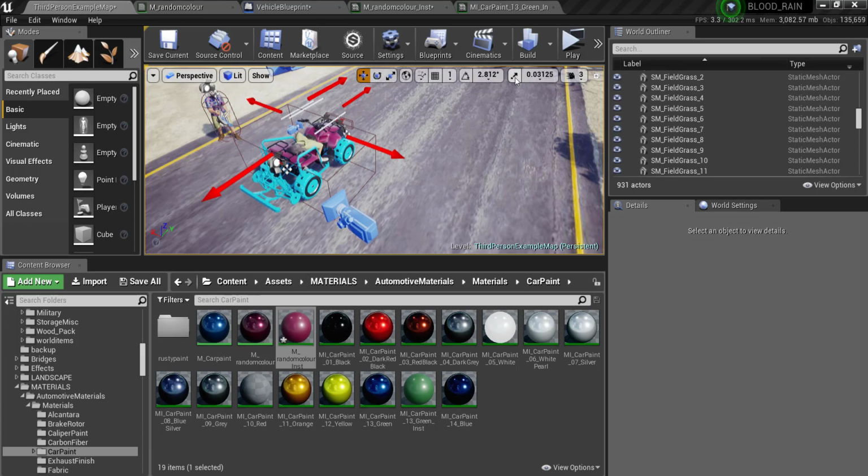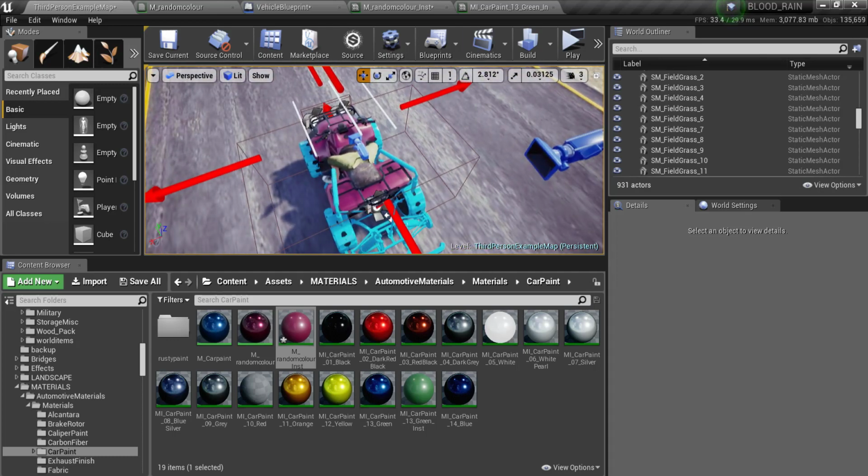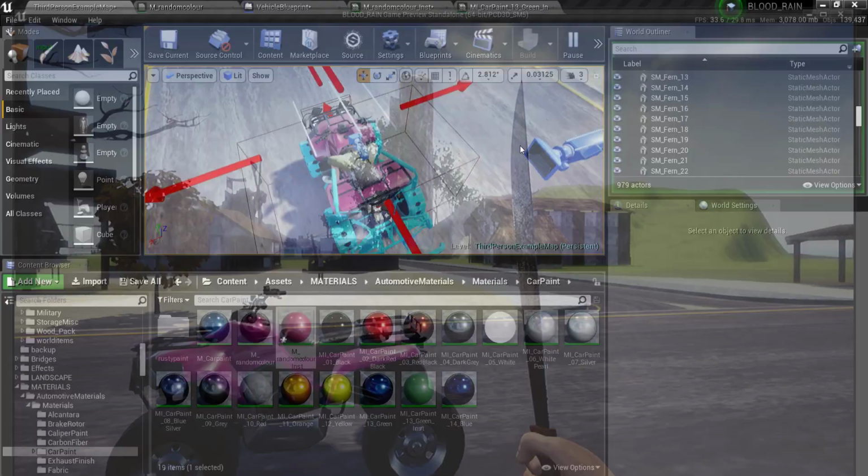Okay, so this will be a very, very quick tutorial on how to get a random color. So we have the quad in the engine. It looks purple at the moment, so if we start the game, purple,